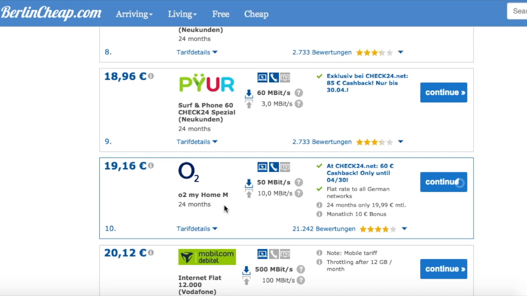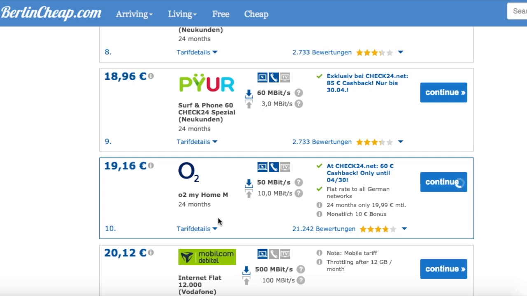Now, for this case, you have to know in Germany, you actually can cancel an internet contract if you can prove that you leave your place and you move to another place where you can't continue the current contract. So if you can prove with an Abmeldung and Anmeldung, or if you just leave the country and you can prove that, then you can cancel also a 24-month contract earlier. So that shouldn't be a reason that you are not ordering such a long-term contract. Honestly, if you really want to get a cheap deal, you mostly have to find such long-term contracts because otherwise they're not really on the market.